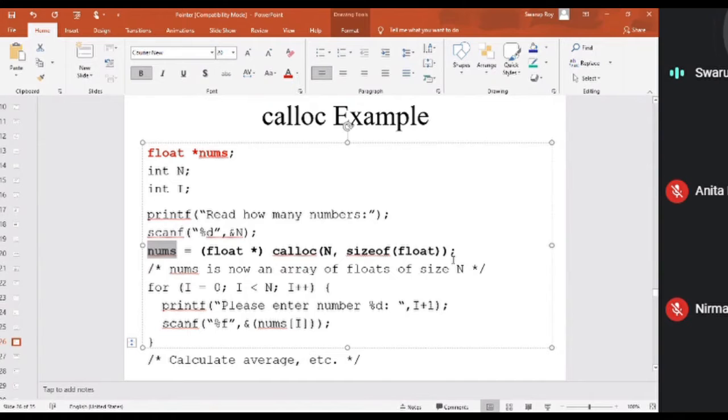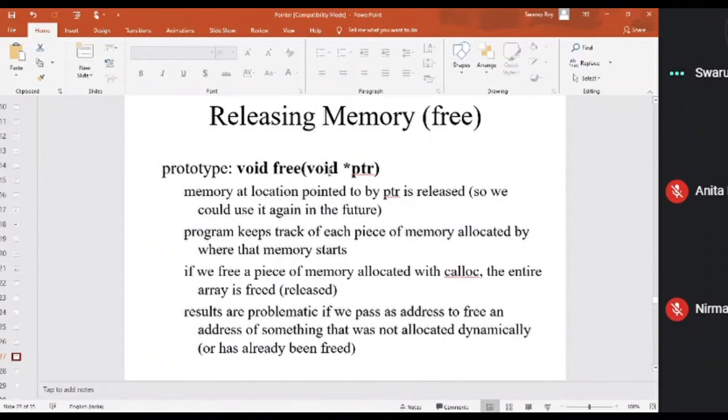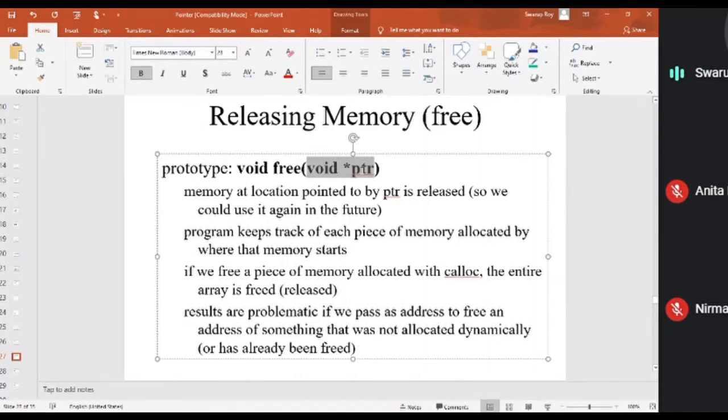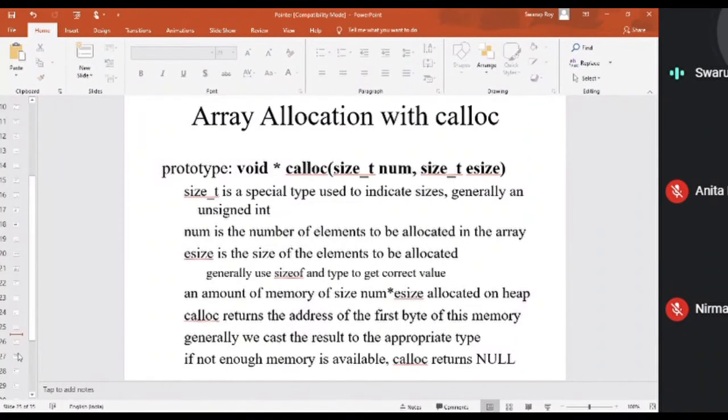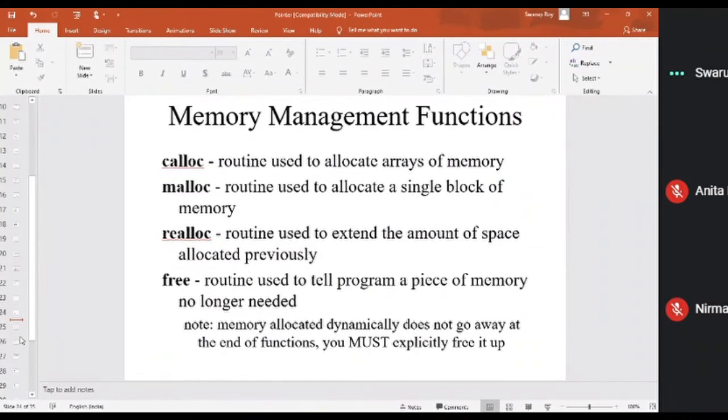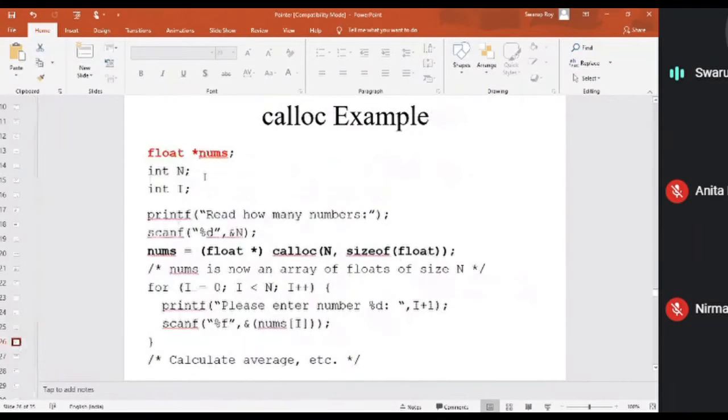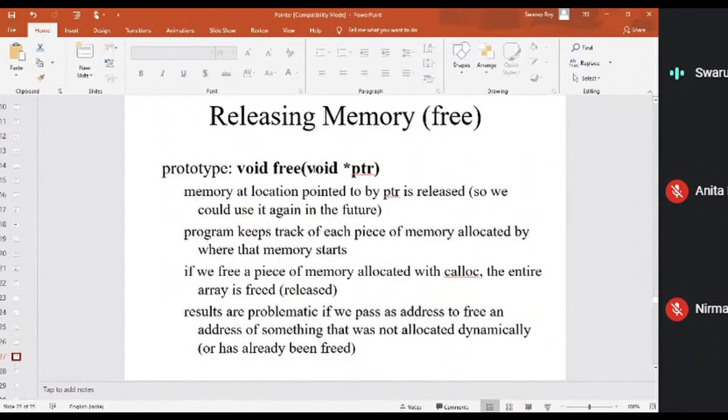If you would like to delete the entire array created by calloc, you call the function free and pass that pointer, num. So it will clear the space, and it goes back to the free pool.